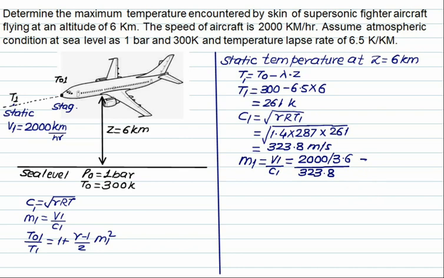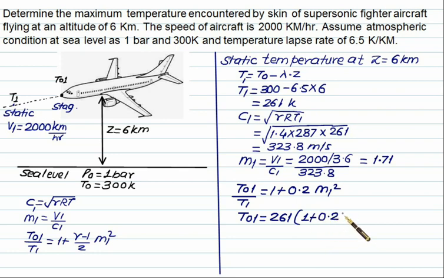In that case, we will get Mach number equal to 1.71. And finally, we will use the equation of stagnation temperature relation, which is T01 by T1 equal to 1 plus (gamma minus 1 by 2, which is the same as 0.2) times Mach number square. So in that case, the temperature encountered by the skin will be equal to T1, which is 261, into 1 plus 0.2 into Mach number, which is 1.71, squared, which will be equal to 414.62 Kelvin, that is